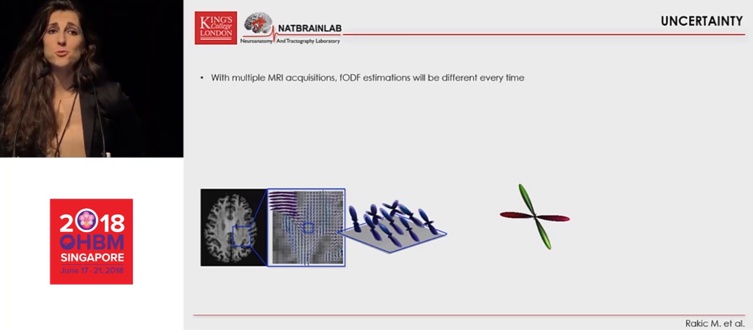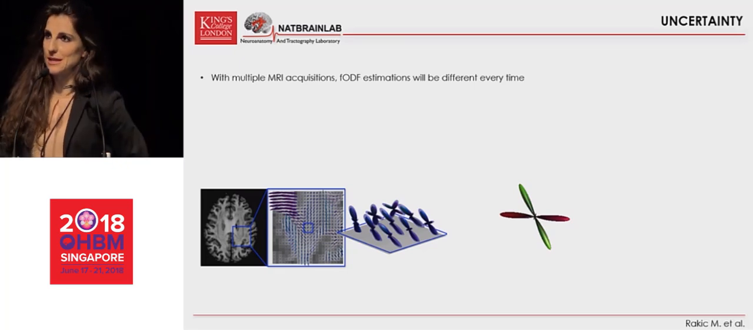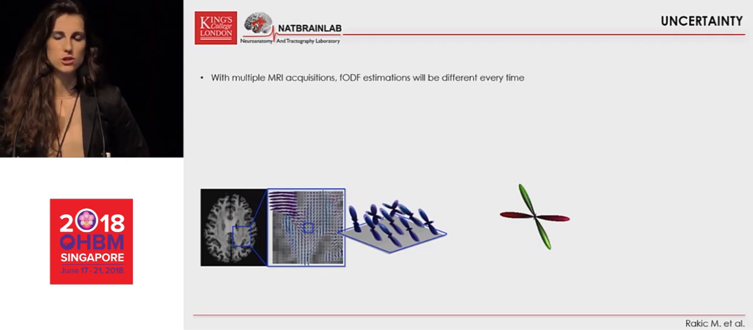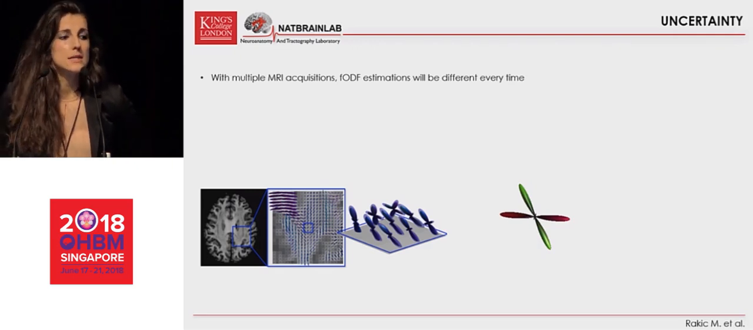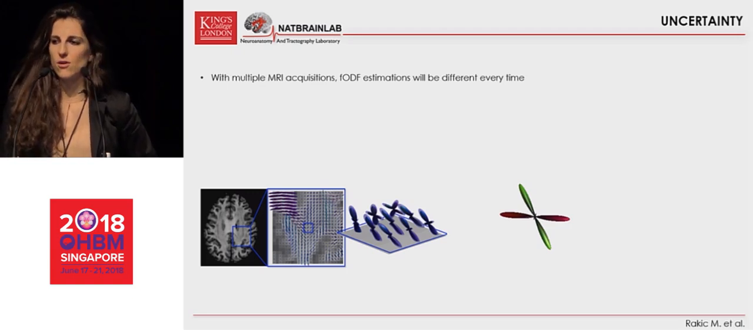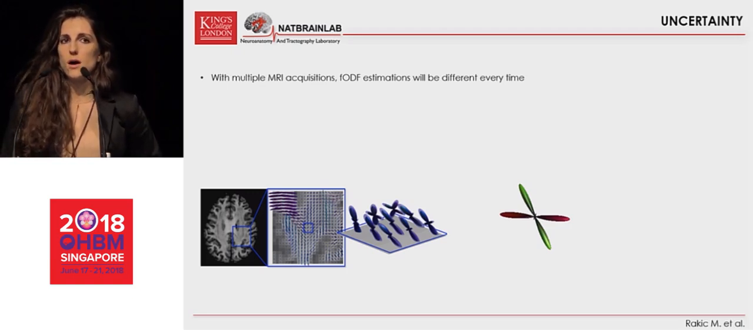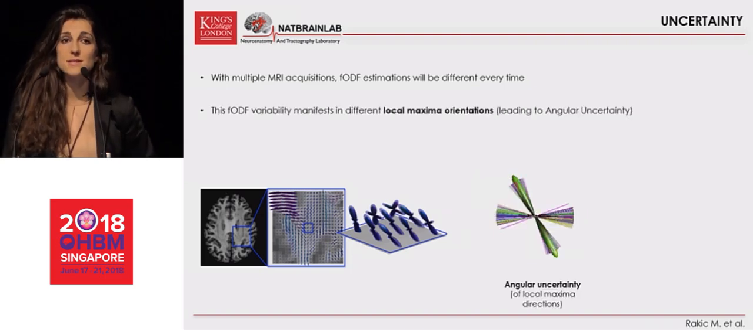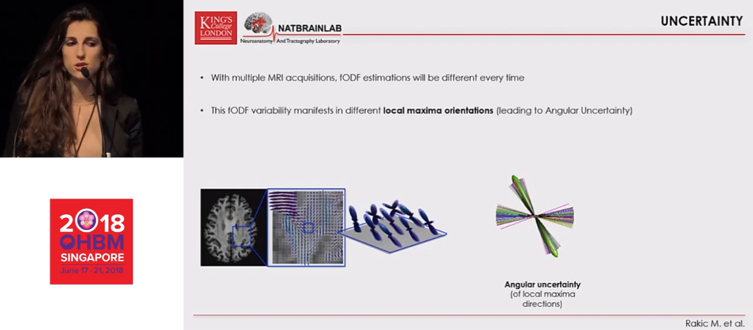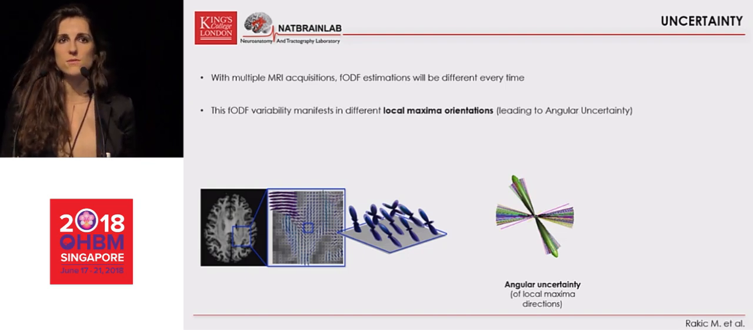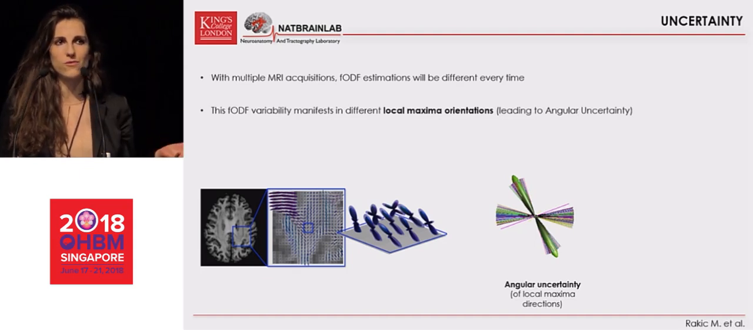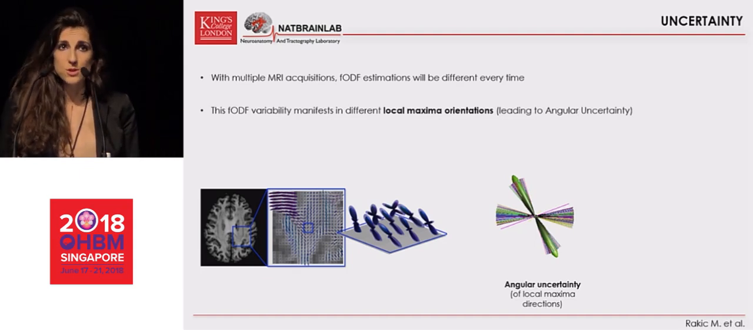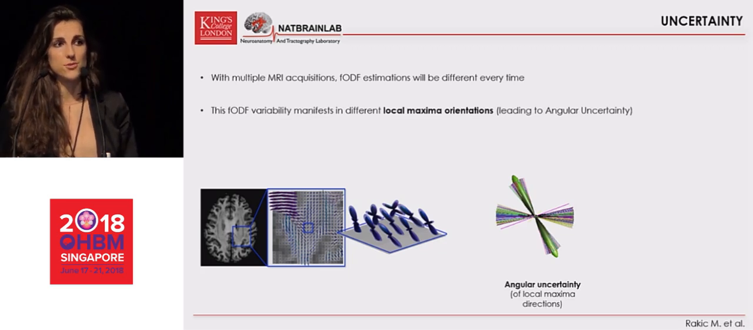So diffusion-weighted MRI is an inherently noisy technique, and this results in a certain level of uncertainty tied to the estimation of the ODF. If you sample the signal multiple times and then estimate the ODF, each time it is a little bit different, and this manifests in different local maxima orientations, represented by these colorful lines, which leads to this cone of angular uncertainty, which is what most of the probabilistic tractography algorithms have been focusing